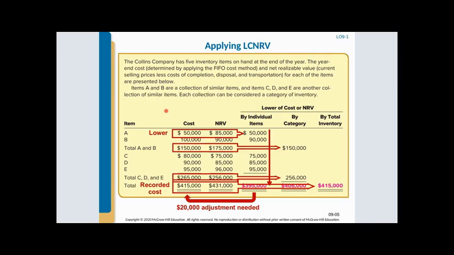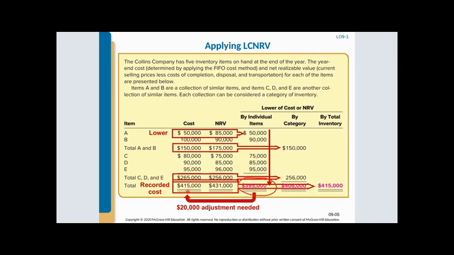So for individual items, we're looking at cost. Let me get the pencil. There we go. We're looking at our cost, and we're looking at our net realizable value. In this case, cost is lower than net realizable value, so we are reporting on cost. For item B, cost is higher than net realizable value, and therefore we are choosing net realizable value, and so on and so forth. We go through each individual item and choose the lower of the two, cost or net realizable value, and then we add it together